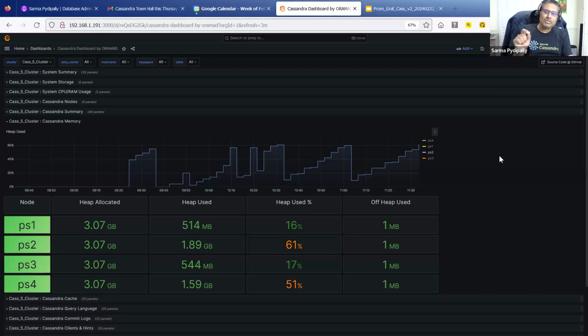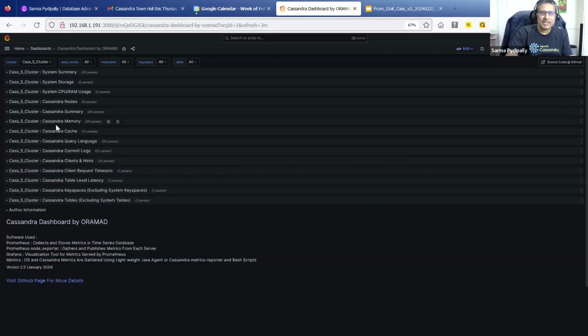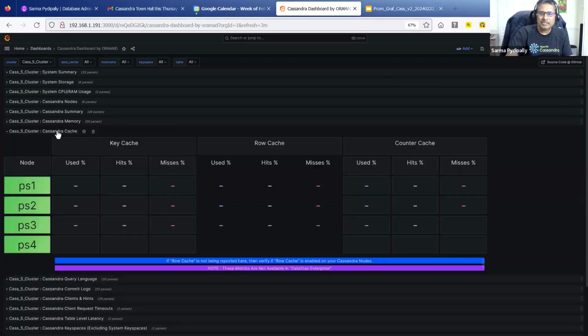Still, I don't want to see my garbage collection happening every minute. That would be too much garbage collection. So this view, I generally like to talk a little bit more about, because this is a known issue with Cassandra if somebody did not tune their garbage collection or the GC pauses. That's indicated here on the graph.